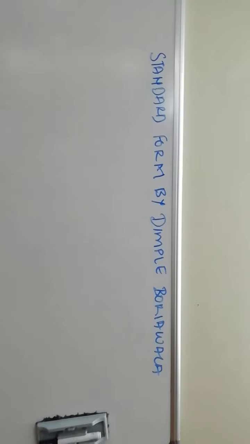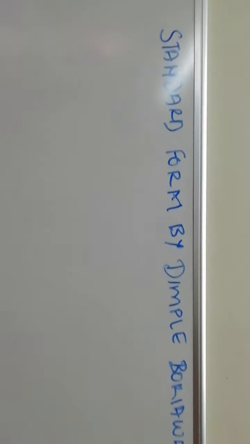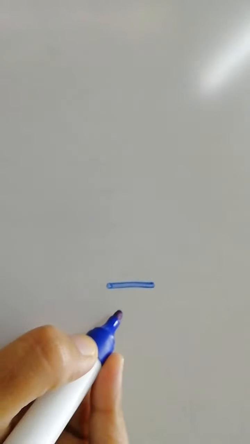Hello kids, in this video let us focus on standard forms. Okay, so let us start with few examples of standard forms. Suppose sum is like this, 10,000, and you have to convert this into standard form. So how you will convert? Answer will be 10 raised to 4 because there are 4 zeros.